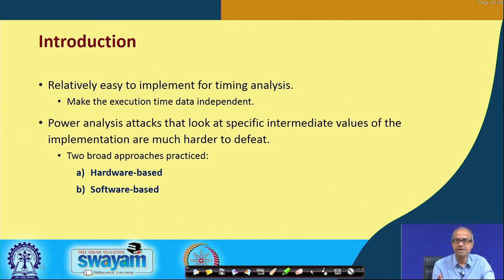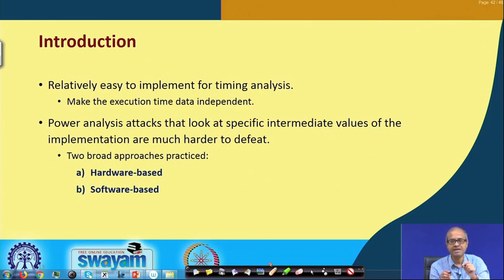For timing analysis, as we said, the countermeasure was relatively simple. There was only one if statement. We tried to make the two branches of the if statement symmetrical in terms of time. In one of the branches there was a square and multiplication, in the other branch there was only a square. So, we added a dummy multiplication to make them equal. Okay. But in power analysis attack,